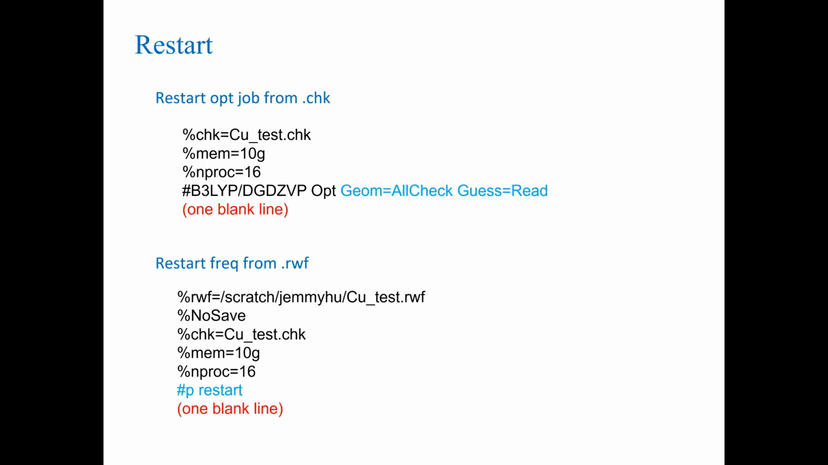So the input for restart is actually quite simple. If you restart an optimization job, whatever you input, you simply keep the keyword line. You have the keyword line, and then you simply add geometry=check and guess=read, reading from the checkpoint file. You don't need anything further. You just leave one blank line there. That's it. That's to restart an